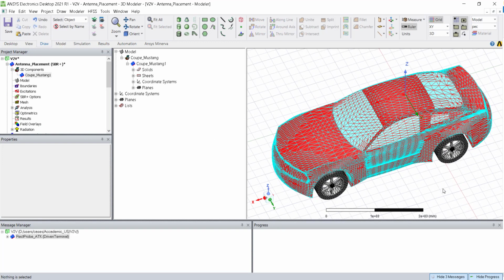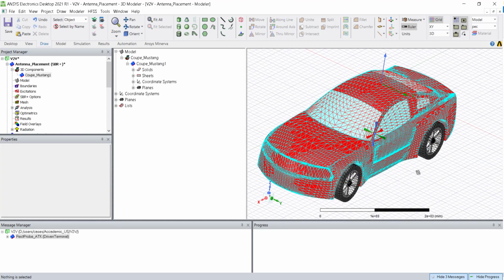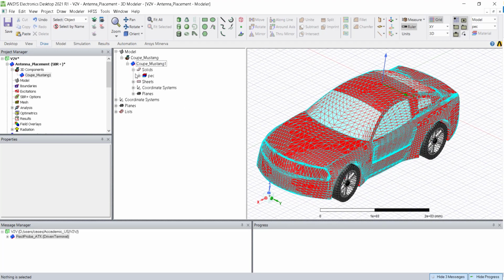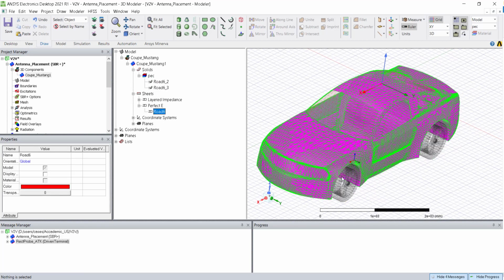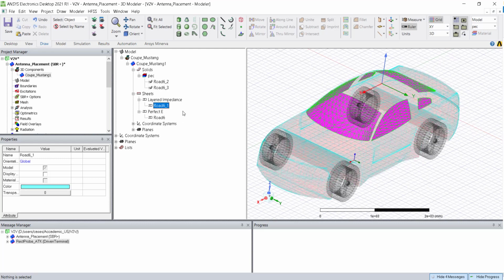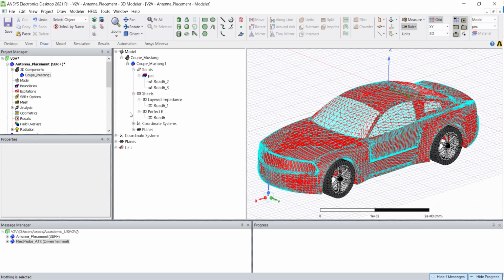I imported this model as an STL file, and then assigned the material properties: PEC for the tires and the metal, and glass body as a layered impedance boundary. All these can be easily assigned in HFSS, and please note, this is an SBR plus simulation. So antenna placement we will do with the SBR plus simulation.